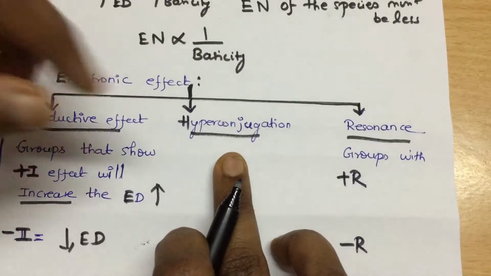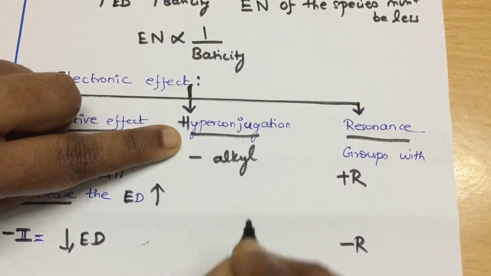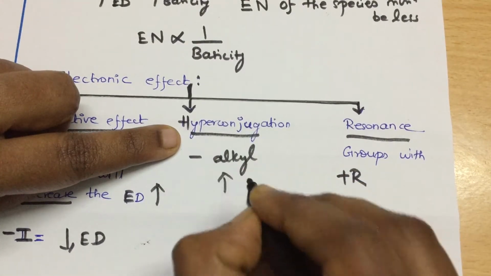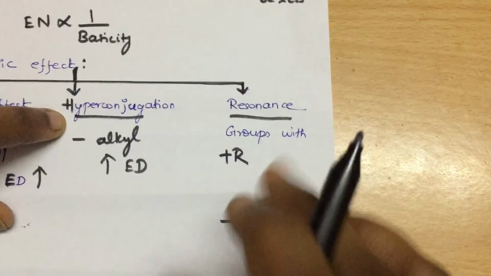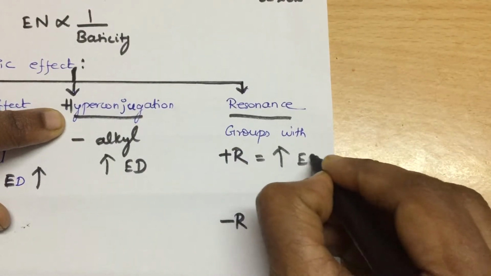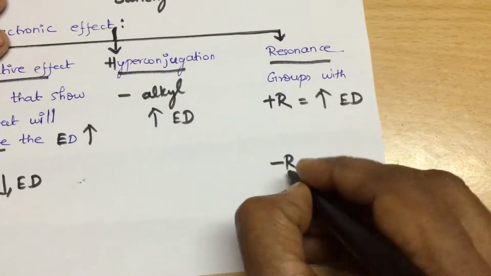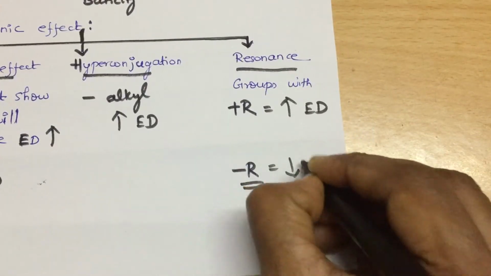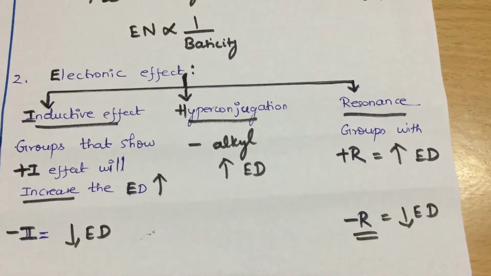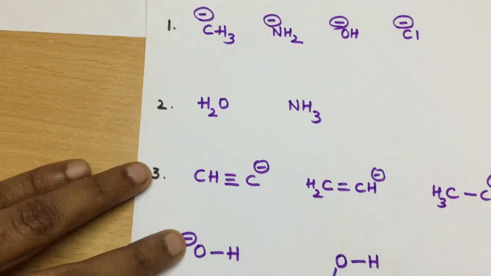Then hyperconjugation. The groups that show hyperconjugation, we know the alkyl groups, tertiary, secondary and primary, all will increase the electron density. And resonance: the groups with plus R effect will increase the electron density. Okay, very easy. Positive will increase the electron density, so obviously the minus R effect is going to decrease the electron density. So these are the factors. Based on this, we are going to solve some examples, and by this you will be very much familiarized